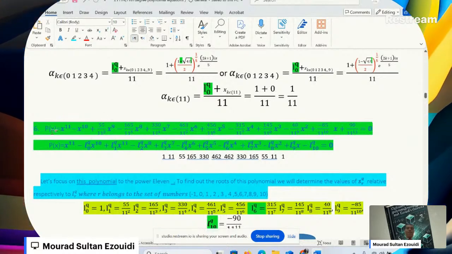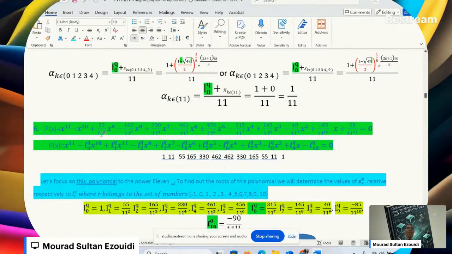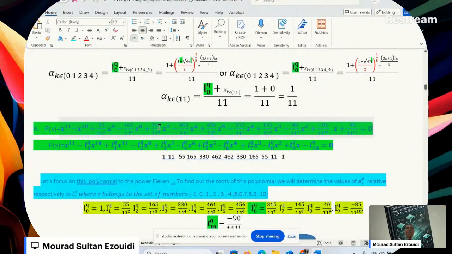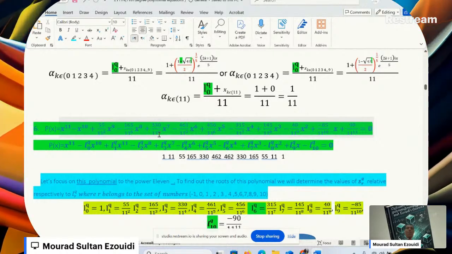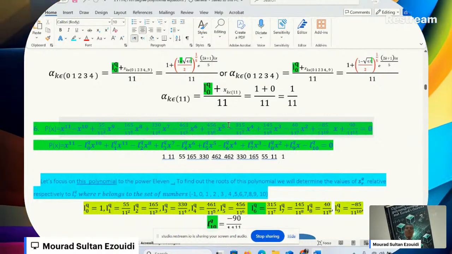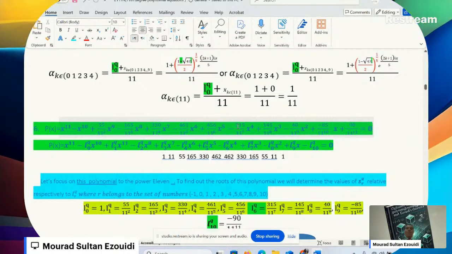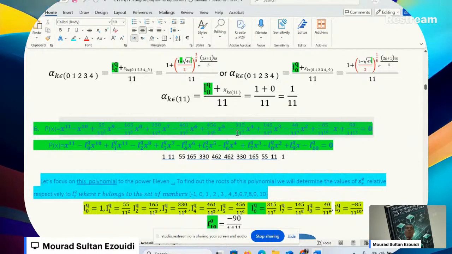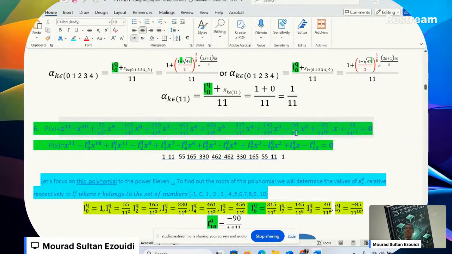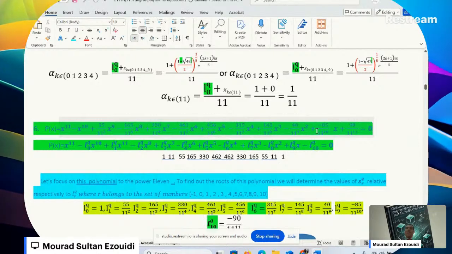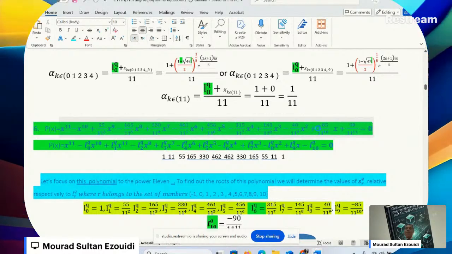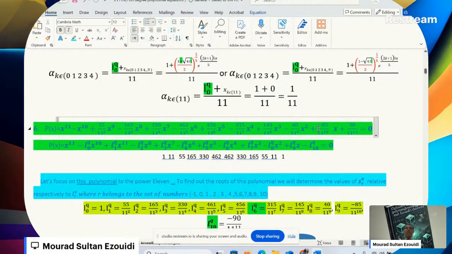So this is b of x equals x raised to the power 11 minus x raised to the power 10 plus 55 divided by 11 squared x raised to the power 9 minus 165 x raised to the power 8 divided by 11 cubed plus 330 x raised to the power 7 divided by 11 raised to the power 4 minus 461 times x raised to the power 6 divided by 11 raised to the power 5 plus 456 x raised to the power 5 divided by 11 raised to the power 6 minus 315 x raised to the power 4 divided by 11 raised to the power 7 plus 145 x cubed divided by 11 raised to the power 8 minus 40 x squared divided by 11 raised to the power 9 minus 85 divided by 11 raised to the power 10 times x plus 90 over 11 raised to the power 11.